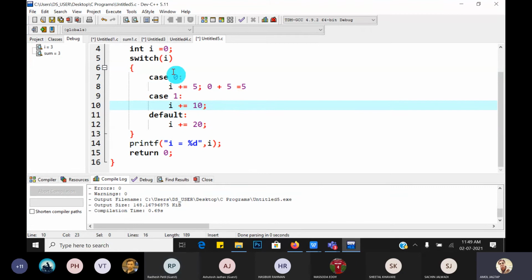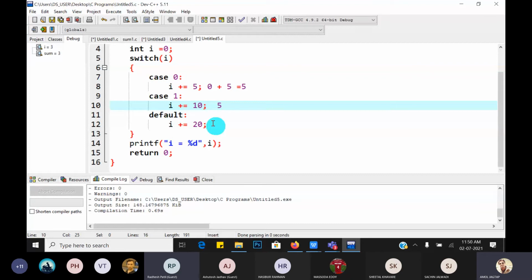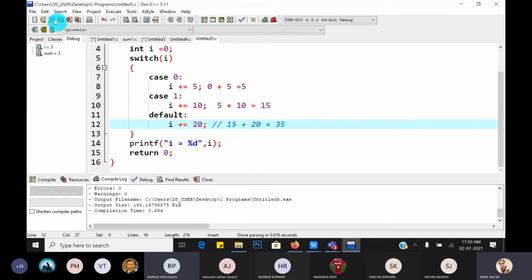If there is no break and 0 is matched here, then this case is executed, the next case is executed, and in the last the default case is also executed. So 5 plus 10 means it becomes 15. Now the current value of I, 15, is applicable here. So 15 plus 20, now it becomes 35. Let's check whether it gives the correct output or not.